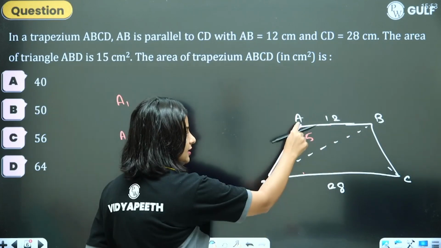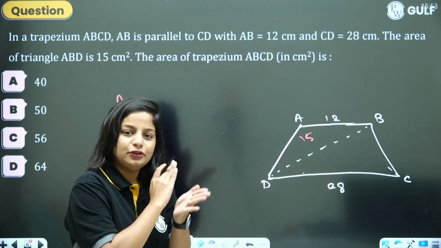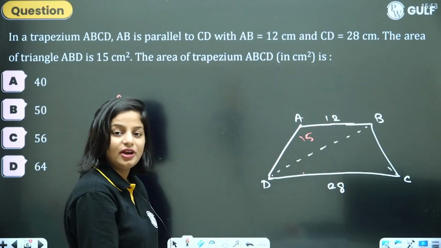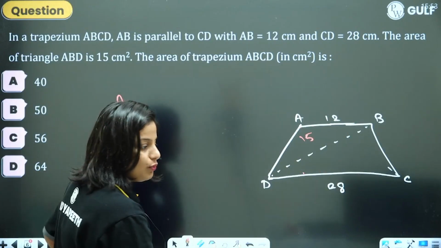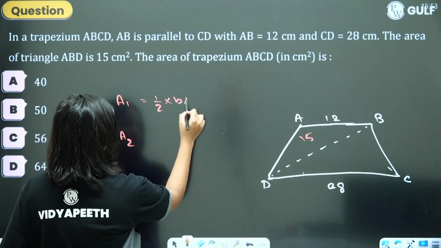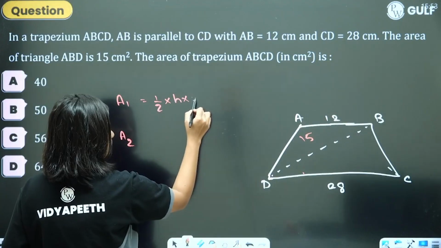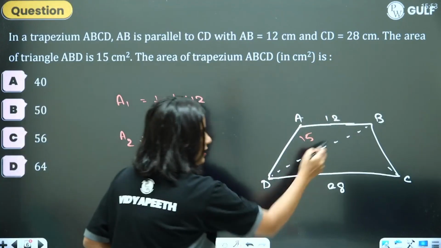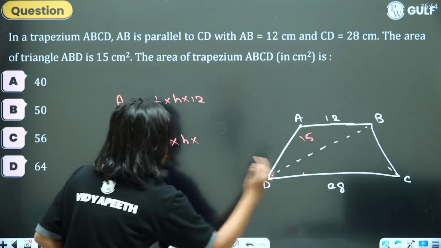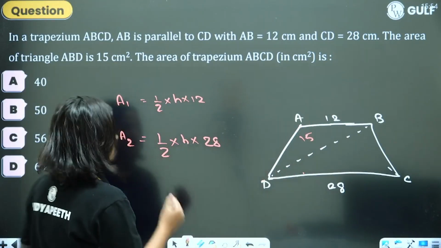What is the height? For the first triangle and the second triangle, the heights are going to be the same. The height of both triangles is same. What is different is their bases. And area of a triangle is half into base into height. So area of the first triangle will be half into base into height. Base for first triangle is 12. And for the second triangle, area will again be half into base into height. Base for second triangle is 28. So the only difference between the two triangles is the bases. Heights are same. When I take the ratio,